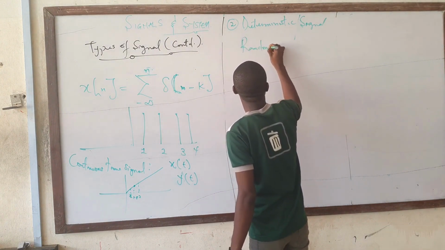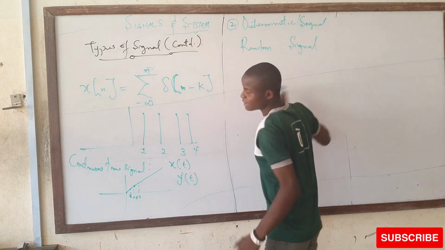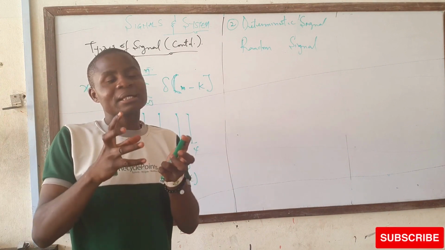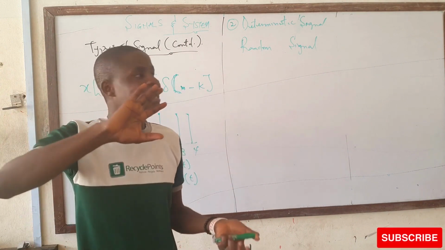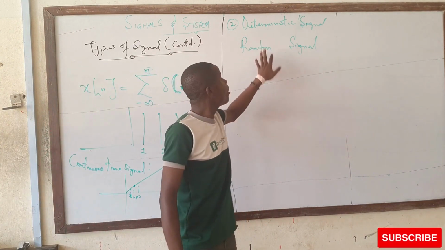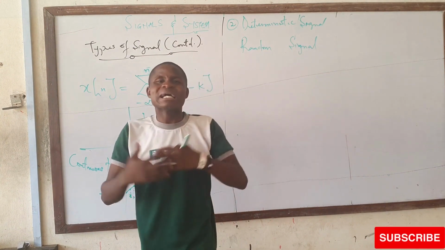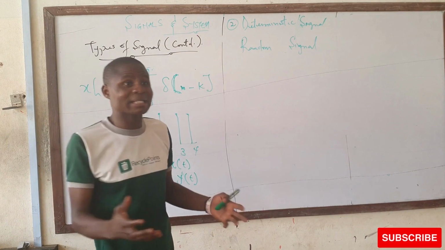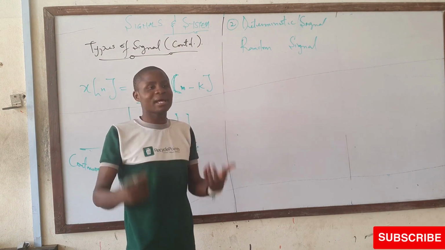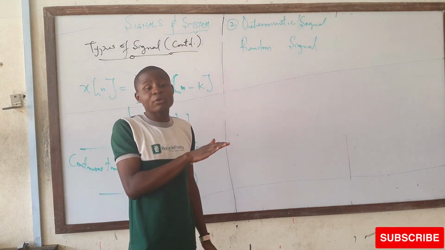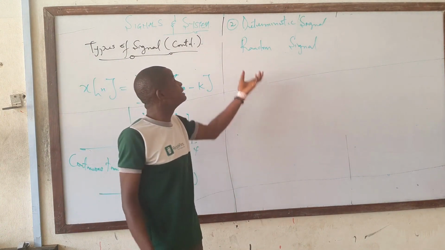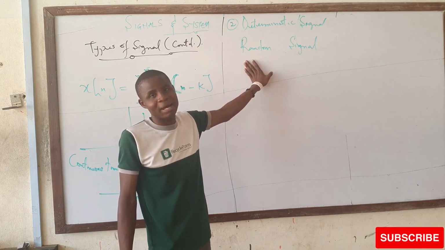Random signal. Now there is a difference between these two. A deterministic signal is a signal that can actually be given a value. It is a signal that can be defined, that is well defined. That's the way to explain a deterministic signal. Random signals, on the other hand, are oftentimes noise in our system. In any physical or realizable system, there is always noise. So random signals are not well defined. They are a mixture of different signals, and oftentimes they are a source of noise in our system.